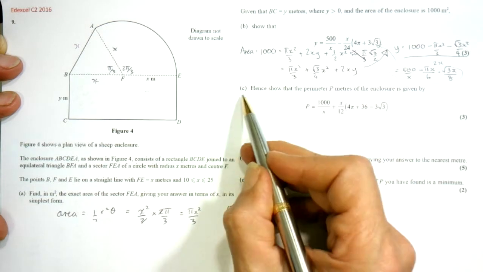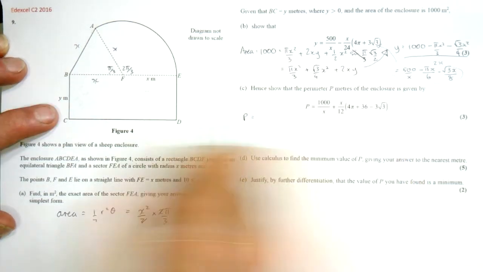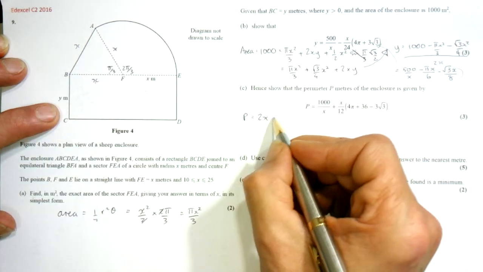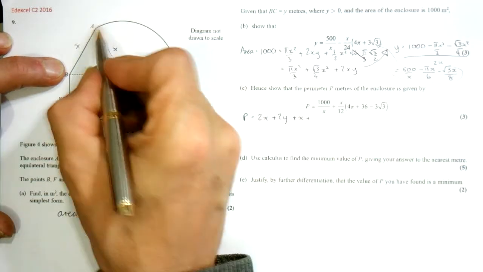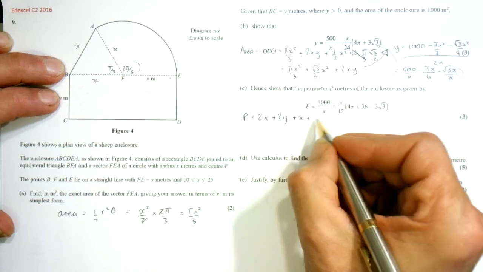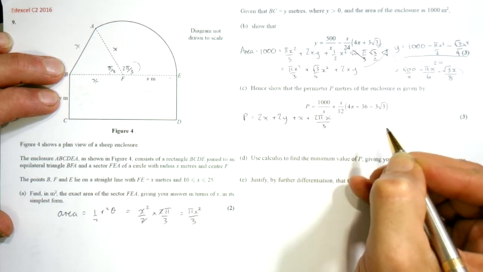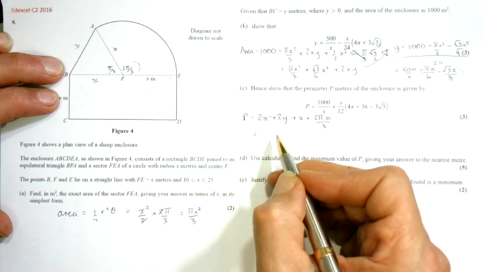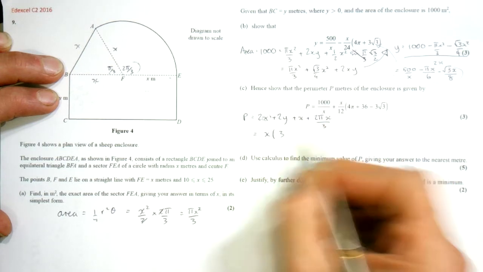And part C, show that the perimeter is given by, so we know that the perimeter is equal to an x, well there's two of them, sorry, plus a y plus another y, plus that x on the triangle, plus the arc length, which is r theta. So r is x and theta is 2 pi by 3, so plus 2 pi x by 3, and that's equal to, so we've got an x there and another one, so that's 3 x's. So I've got x bracket 1, 2, 3 plus 2 pi by 3